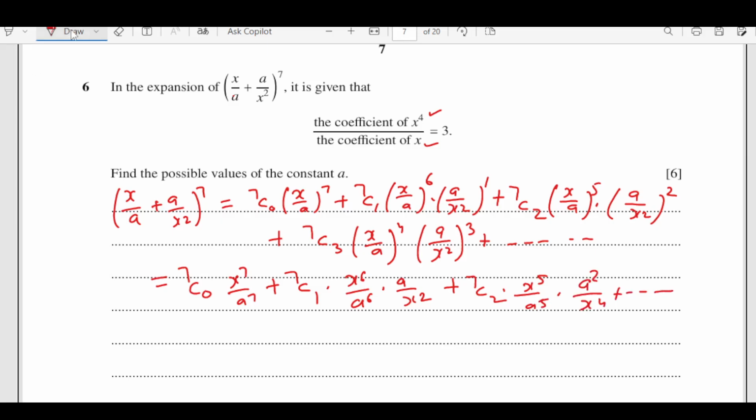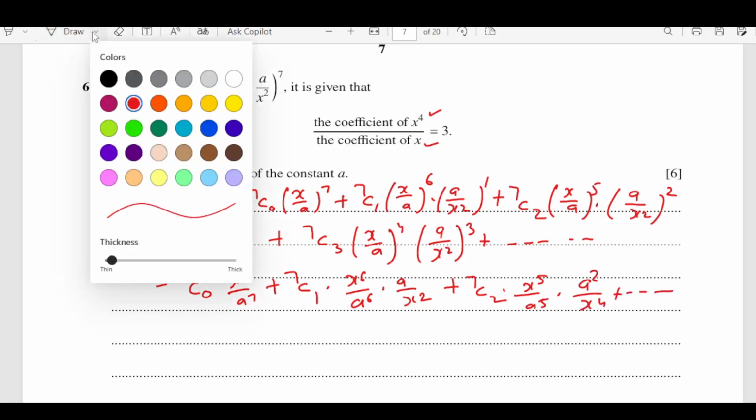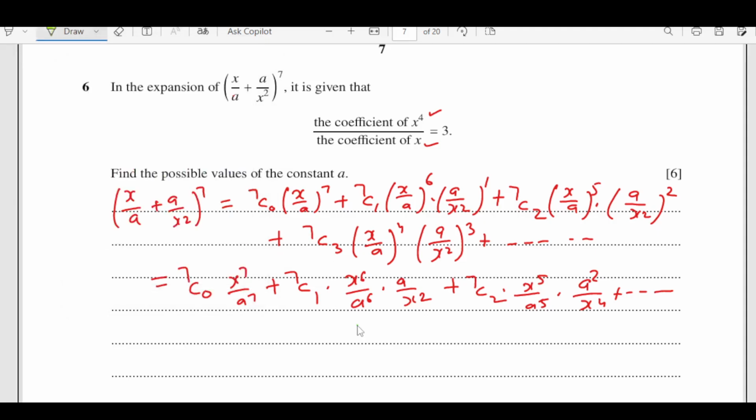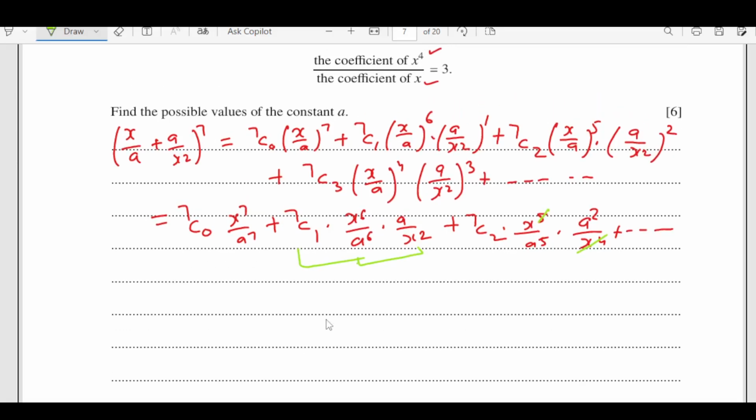If you see, the coefficient of this is going to give us the coefficient of x^4 here, because 6 minus 2 is 4, and this is going to give us the coefficient of x. So this is going to cancel with this, and this is going to become this. So we are going to take only this and this term, right? So let's say I'm writing here again,